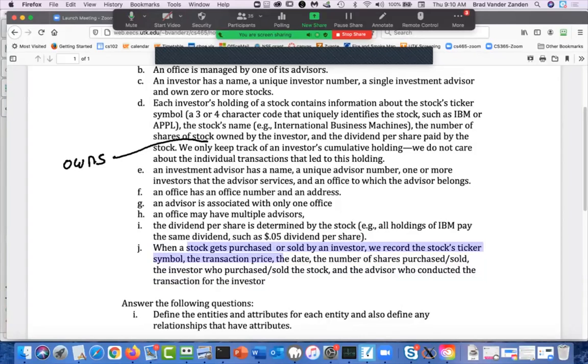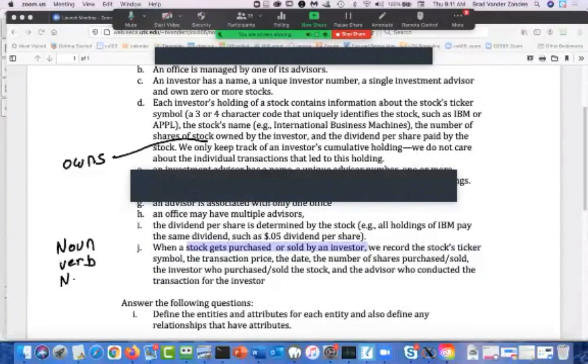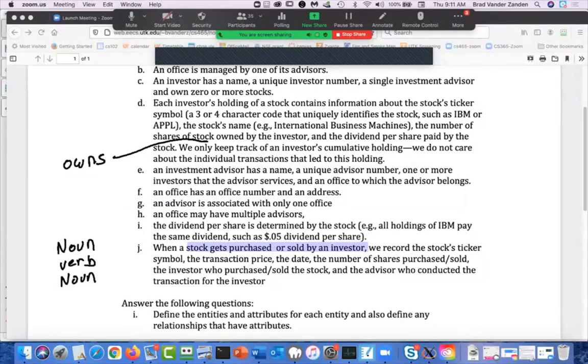When a stock gets purchased or sold by an investor, this sounds like a noun, verb, noun relationship. And with stock and investor, we already know our entities. So this looks like some kind of relationship between a stock and an investor. And it looks like it might be a purchase relationship. It involves the stock's ticker symbol, the price, the date, the number of shares purchased, the investor who purchased and